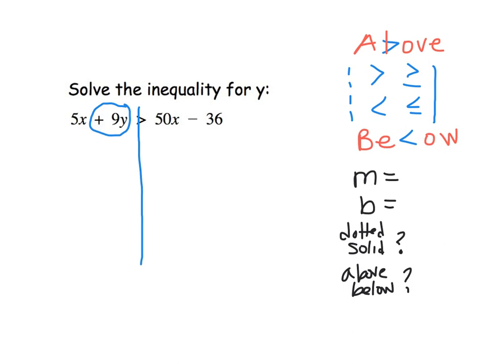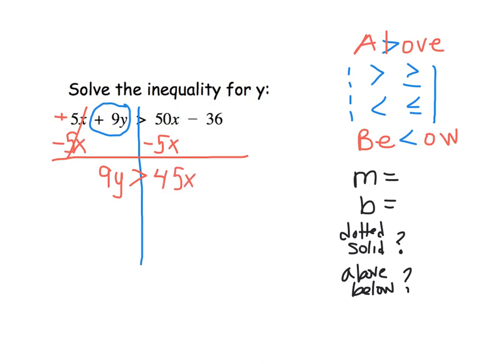And in order to move a term across the line, I have to do the inverse operation. So right now this is a positive 5x. So the inverse to positive 5x is minus 5x. I'm going to do it on both sides. When I look on the right side, my 50x is a like term, so I'm going to go ahead and put it under my like term. Draw my line. My 5x's cancel out, and I'm left with 9y on the left side is greater than